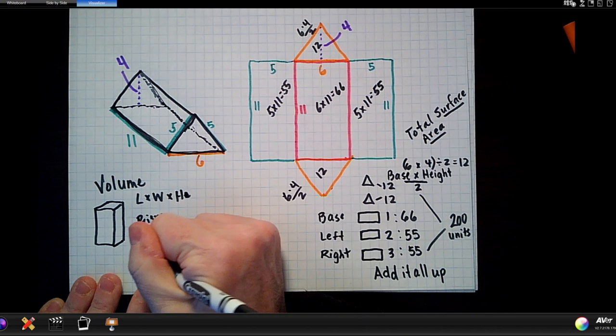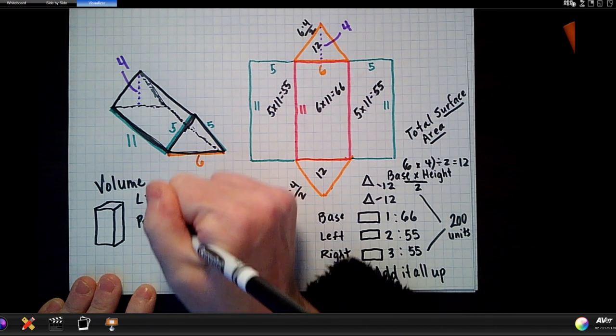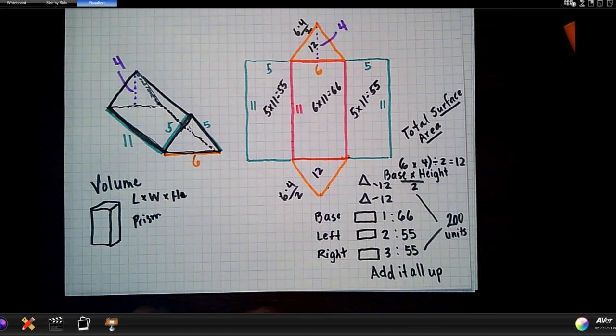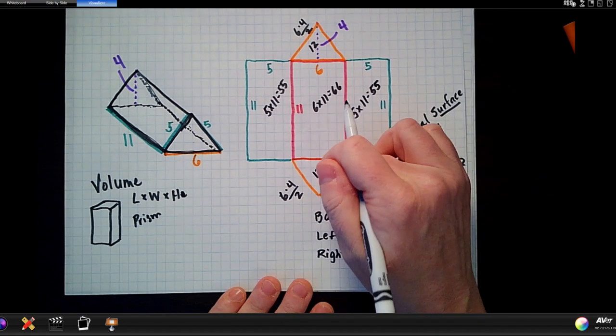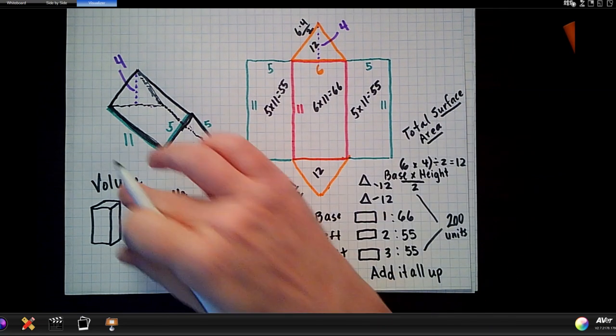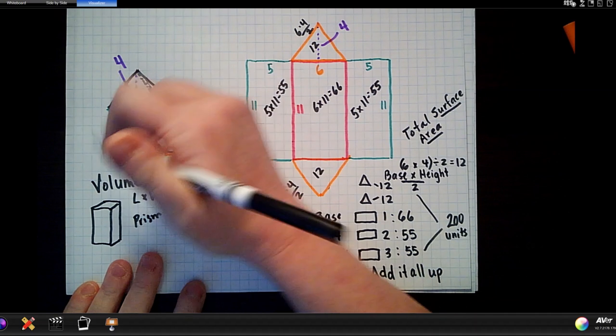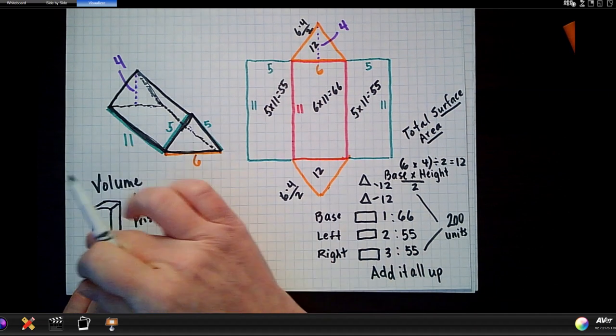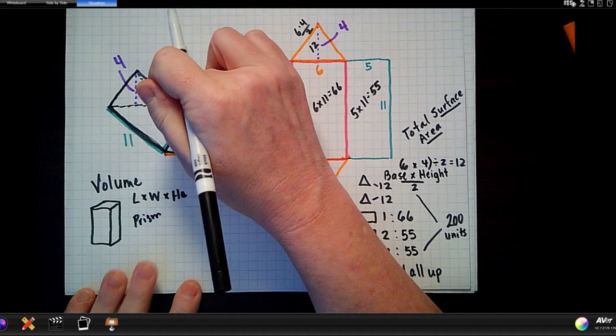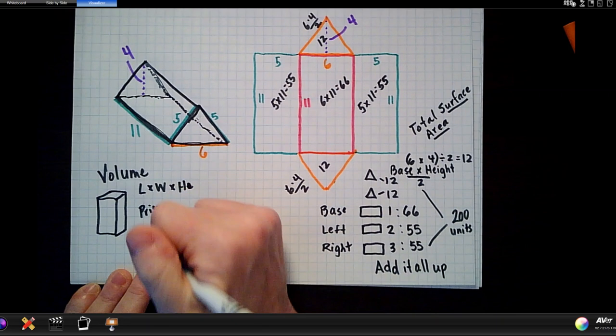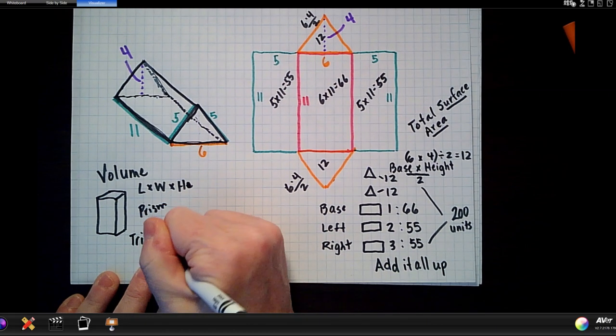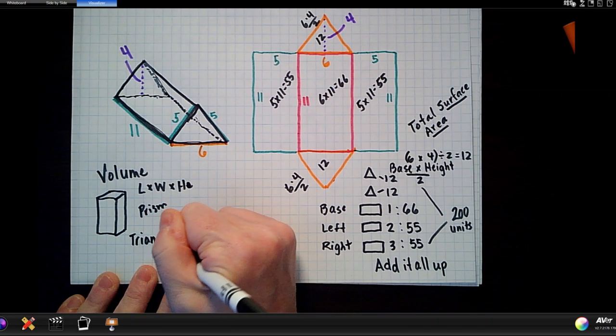This is a triangular prism. We're going to do the exact same thing, but we're going to cut it in half because it's just like finding the area of our triangles. We're finding the volume, which is like area, but in all three dimensions. So for a triangular prism, which is what we have,